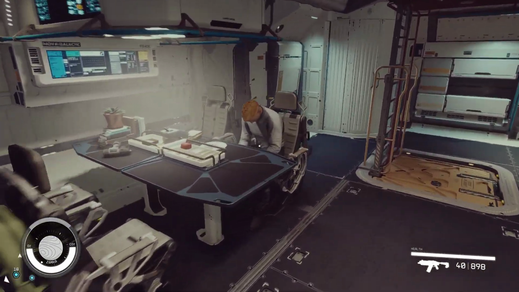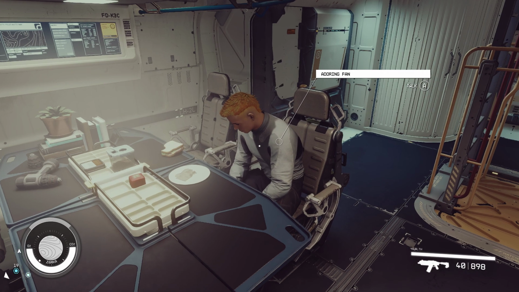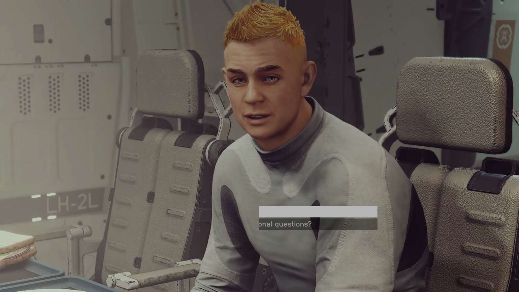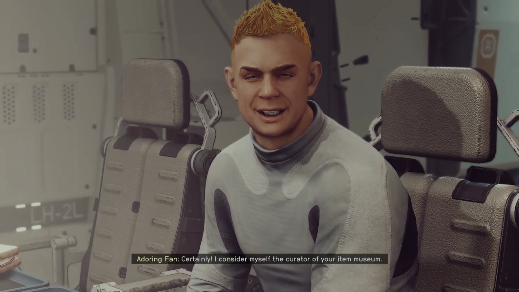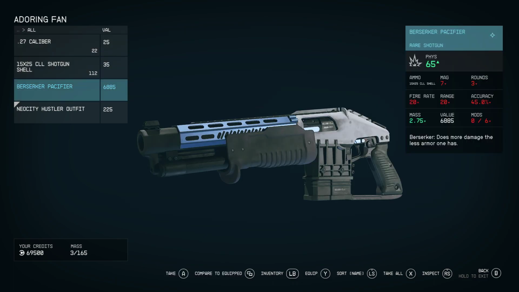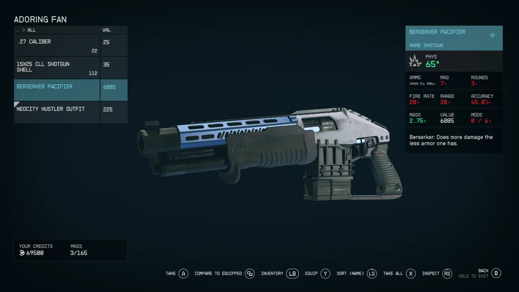So for example, my adoring fan, who to be honest I haven't really taken out with me yet, if we talk to him and I say, let's trade gear. What I've done is I've given him the Berserker pacifier shotgun, and you need to make sure you give them at least one piece of ammo, because your NPC companions actually have unlimited ammo. Also, if I had a spare grenade, I'd give it...